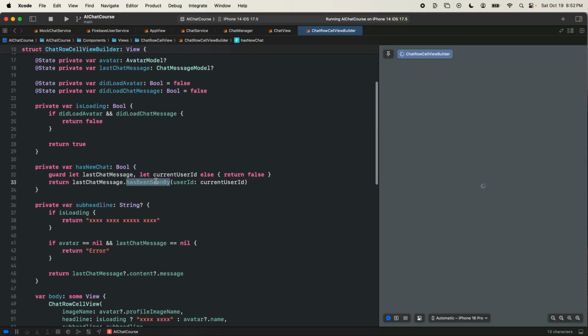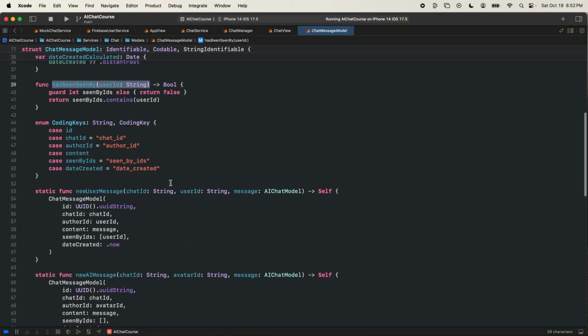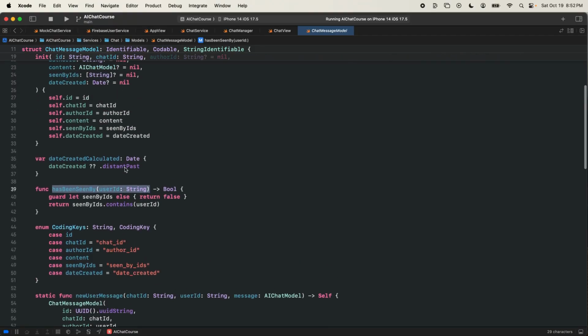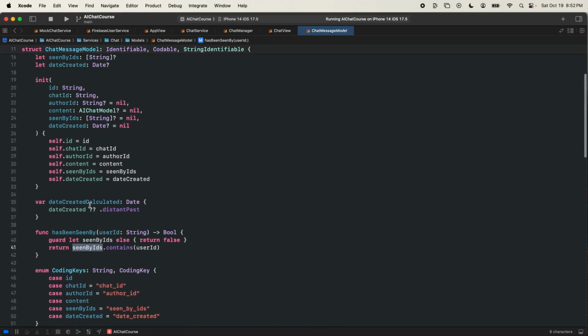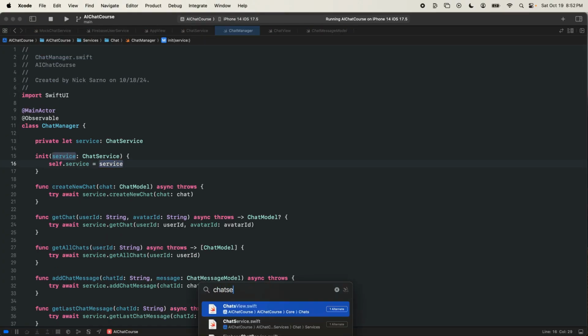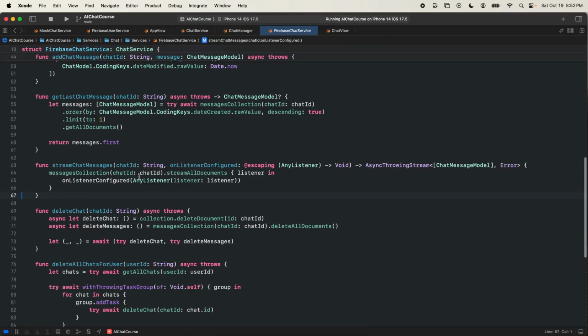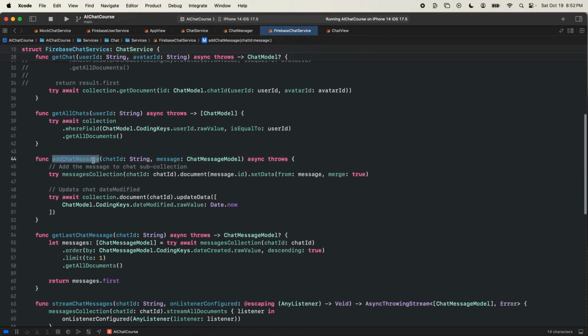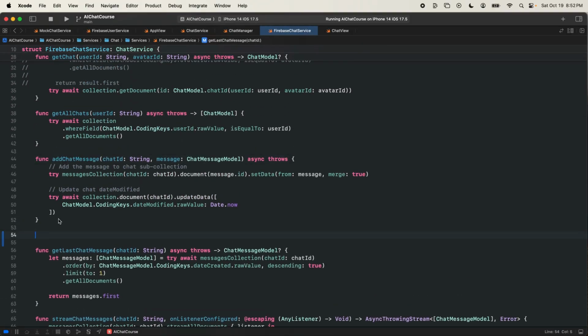And the Boolean is the has been seen by user ID. So here we have an array of seen by IDs. When we see a chat, let's make sure that we add the user ID into the seen by IDs. Let's go to our chat service. We'll start with the Firebase. In terms of add chat message, let's also mark chat message as seen by user ID of type string, async